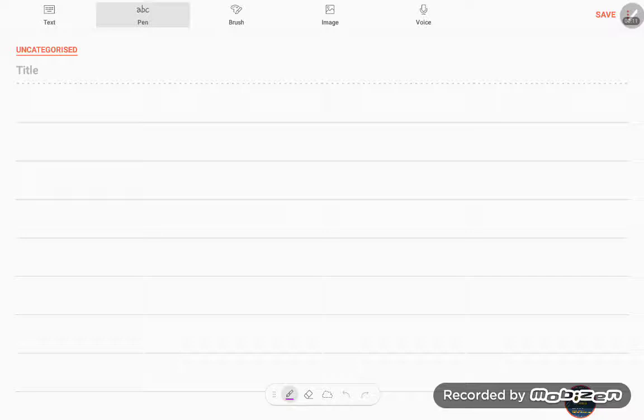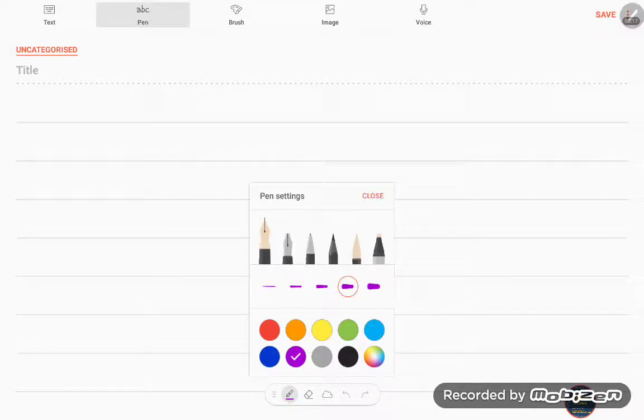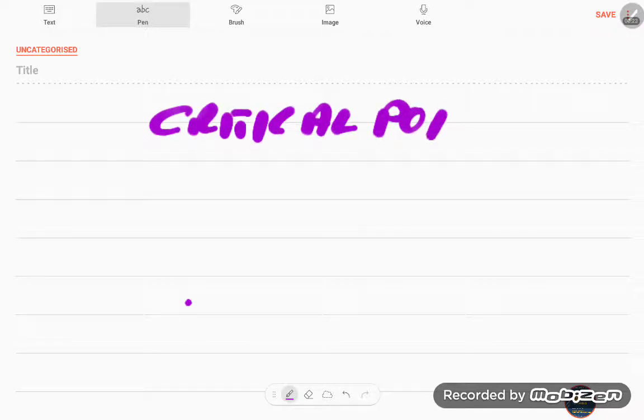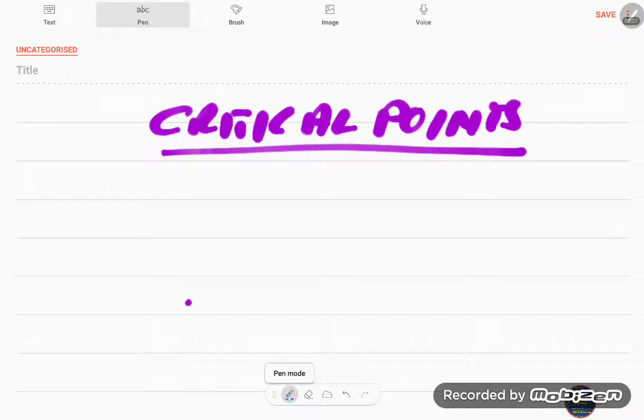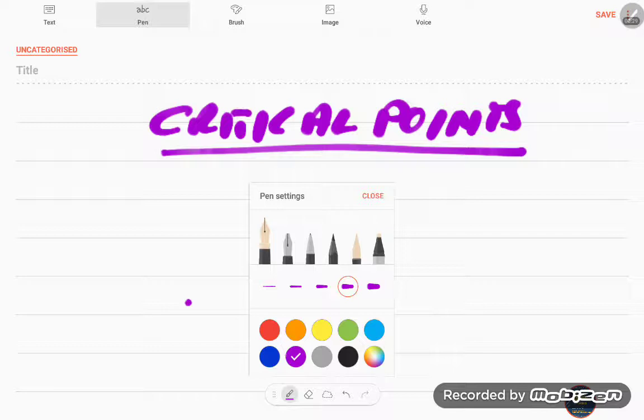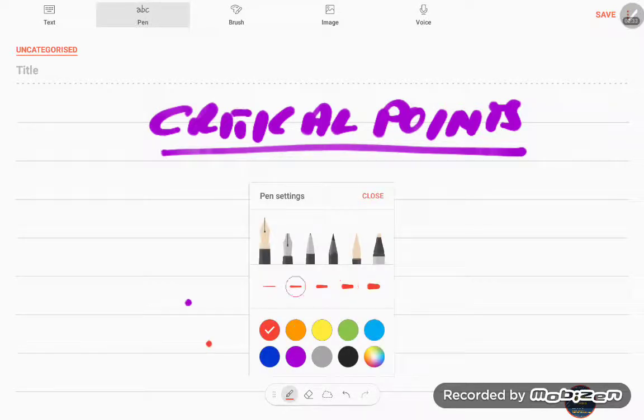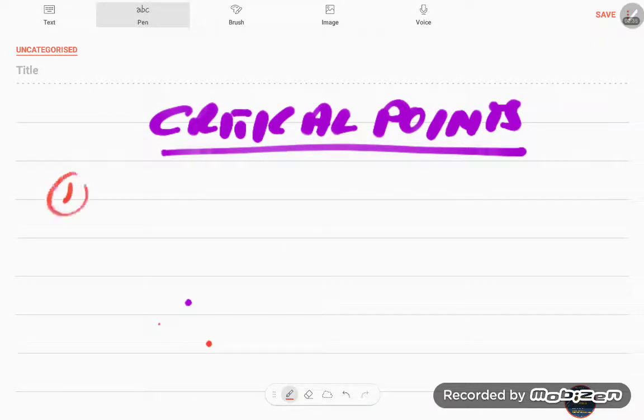Today we're looking at a very short topic, which is going to be the critical points that we need for curve sketching. So we need to look at what we call critical points. What do we need to look out for every time that we sketch a curve? Okay. One, we need to look at